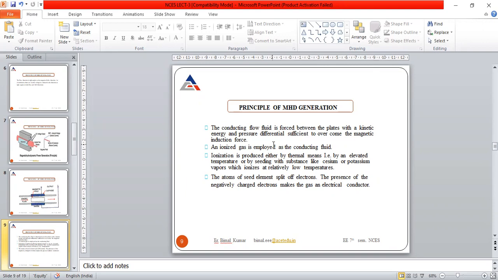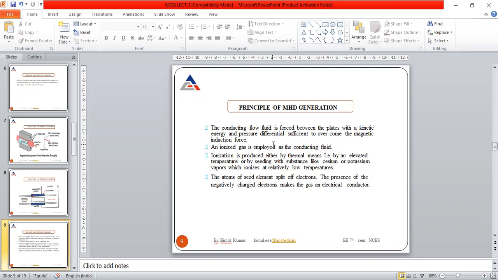In that case, B is the magnetic flux density, I is the current flowing through the conductor, L is the length of the conductor, and theta is the angle between the magnetic field and the position of the conductor, right? So the force due to the magnetic field is given by F = BIL sin theta.